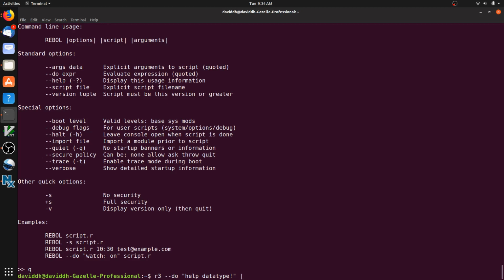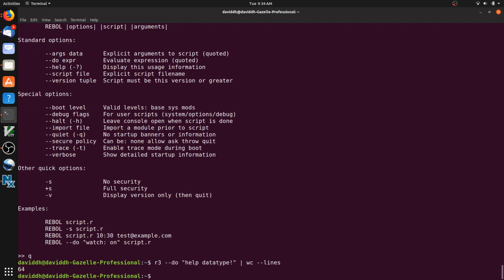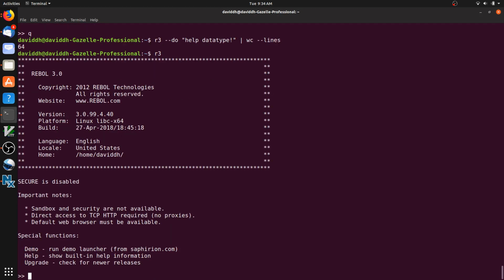We're going to pipe that to a built-in Linux program called wc, word count, and give it the argument of --lines, because we're only interested in how many lines there are. So if I do that, it returns 64. So there are about 64 data types defined currently in Rebol. So let's get back in R3,